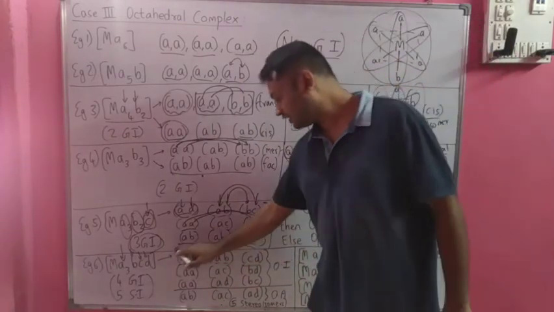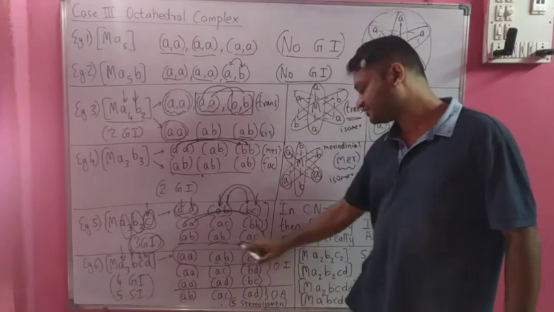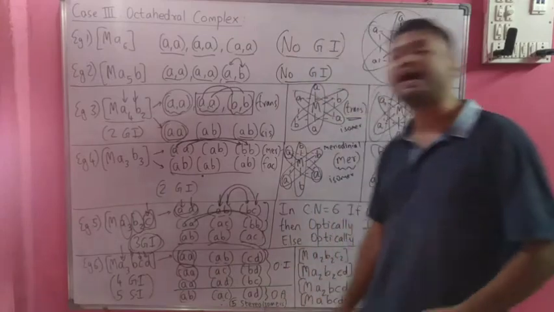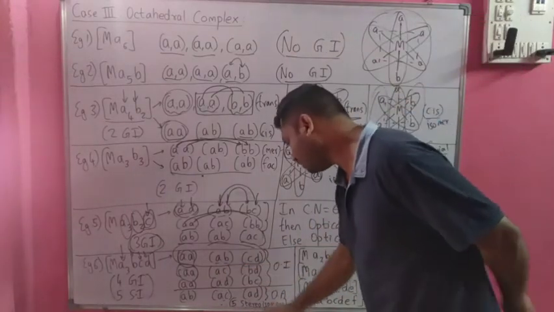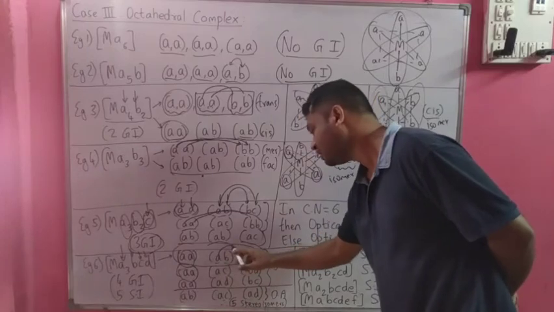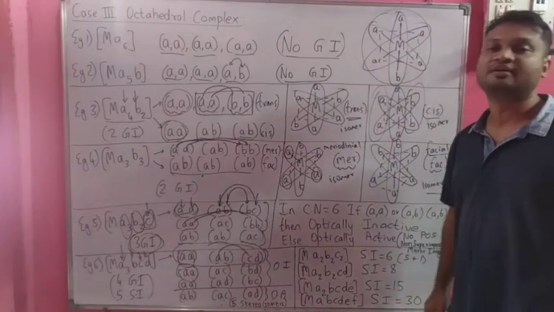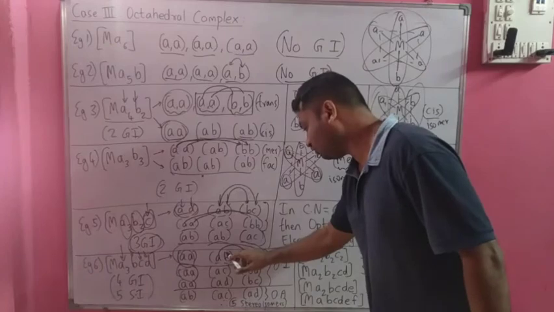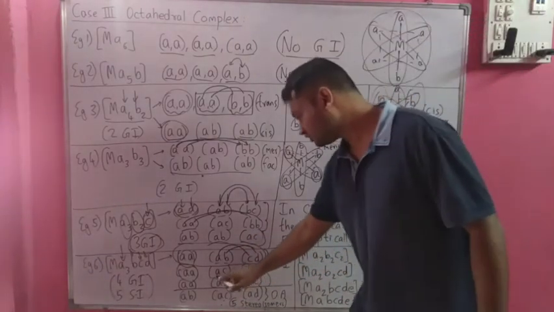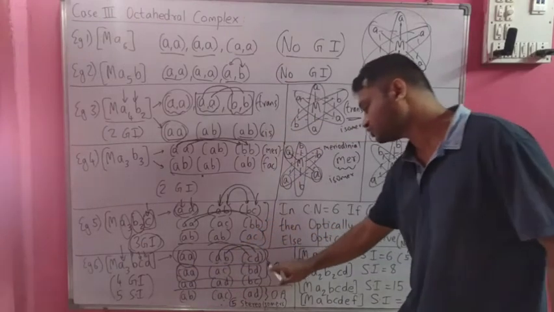So in the first set we have AA, AB and CD. Now let us try to fix this A as it is. So A remains as it is. After this, let us manipulate this one. First element of second set combining with first element of third set. Second element of second set combining with second element of third set. So we'll get this new combination here. This is our new set.